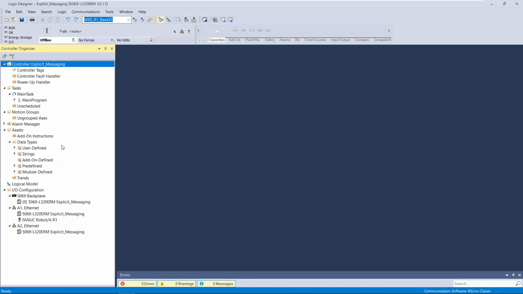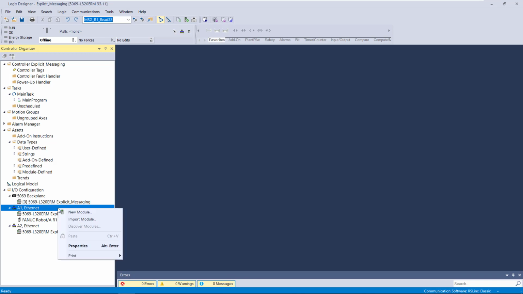This particular controller has two ports on the Ethernet adapter, port A1 and port A2. So in port A1, we're going to configure the connection to the robot. I have the connection established already here, but if you want to do this for the first time, you select the Ethernet adapter, you select new module,